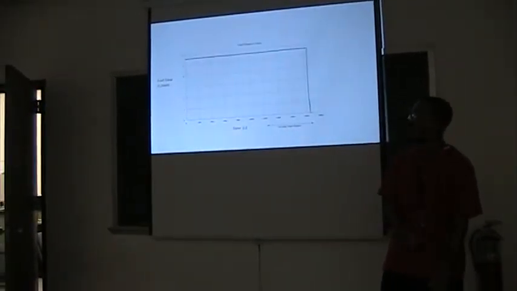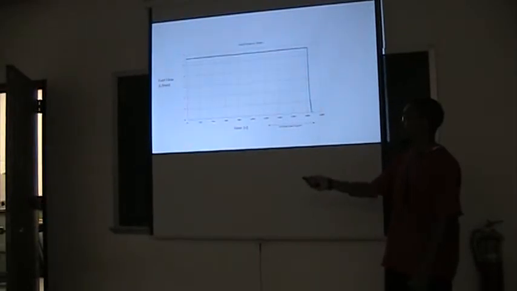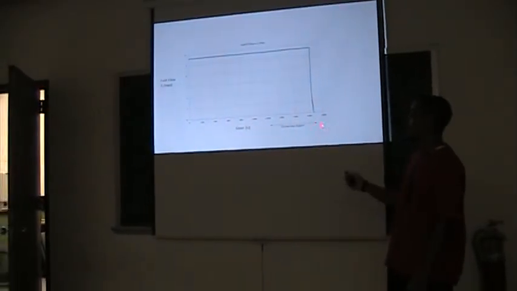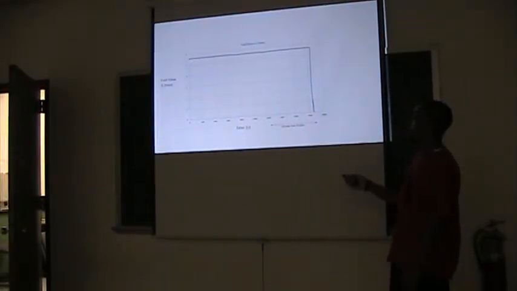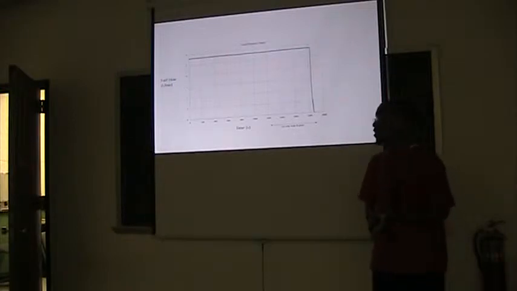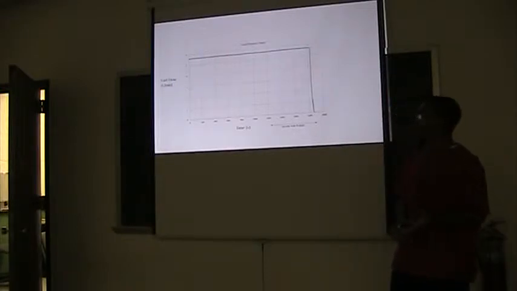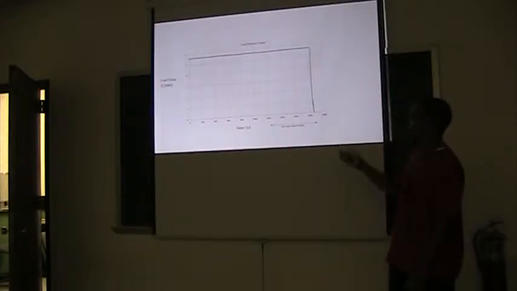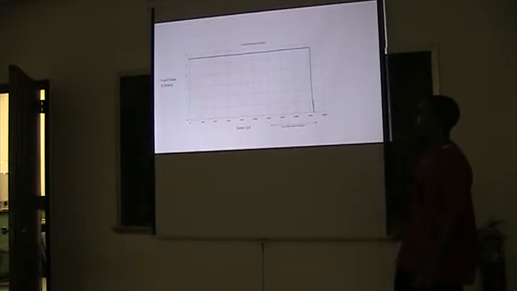So every graph I'm going to show you is going to have time on the x-axis, and it's going to have this little indicator right here. This indicator shows you the beginning point of our steady state analysis. And we defined our steady state by a constant pressure, a constant voltage, and a constant current. And it's within this region that I calculated all my data.